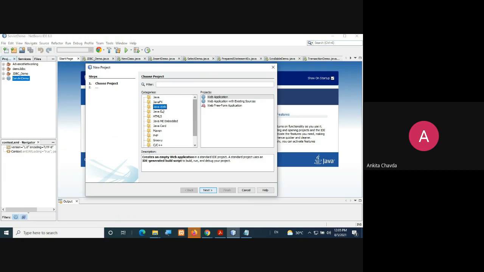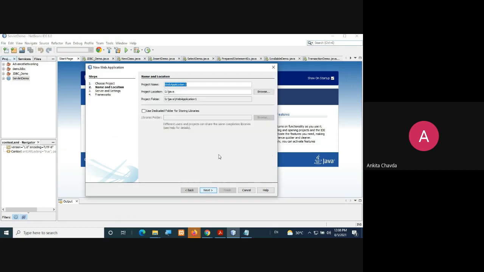In that, you need to select Java Web, not the plain Java that you used to create previously, right? Create this Java Web application. Do the next. Here you can give an appropriate name. Suppose I have given servlet demo. So you can create servlet demo 2.